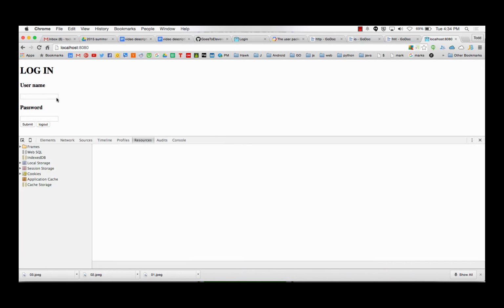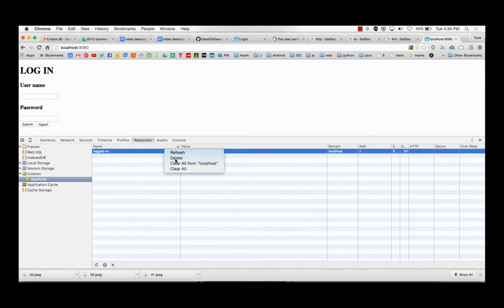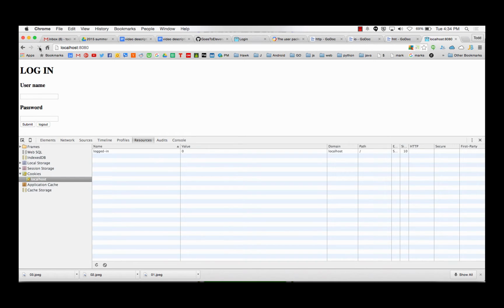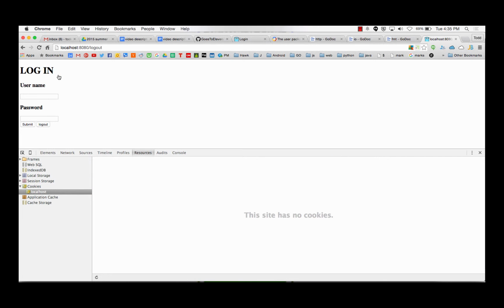And if I look at my developer console and my cookies, right off the bat, it wrote a cookie. So I delete this, and I hit refresh, and that cookie's there. And it's saying logged in value is 0. Now when I log in and I give it the wrong password, sorry, that's not correct. And I log in again, I give it the right password. In this example, everybody has the same password. If this is a real deal, you would have the username and password checked against the data store to make sure that the person's user account is logging in. But now they log in and then log out. Well, that looks like what we just did.